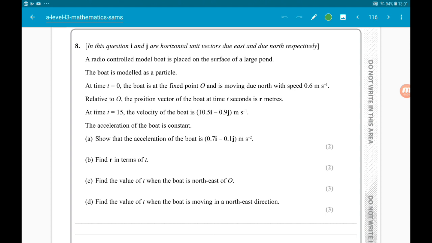The acceleration of the boat is constant. Part A. Show that the acceleration of the boat is 0.7 I minus 0.1 j meters per second squared. Okay, so as I said then, we know